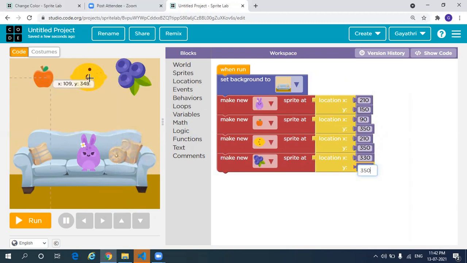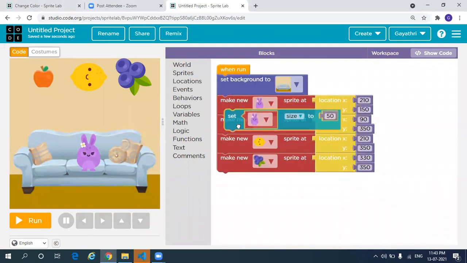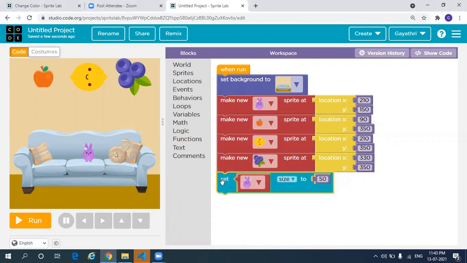So we'll change the size of these things. We'll make it smaller. So for that we need to change the size. So select on sprites here, select set sprite size, and drop it here.